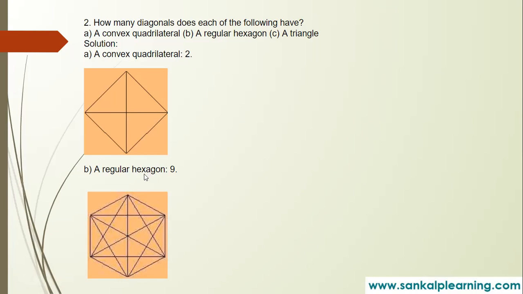Come to the hexagon, regular hexagon. Hexa means 6. Six-sided figure. So we have a hexagon here. For example, take the point here. And how many diagonals can you draw from this point? Okay, 1. Just join all the points, children. Except the adjacent points, you can join all the other points with line segments. Okay, draw from here to here.